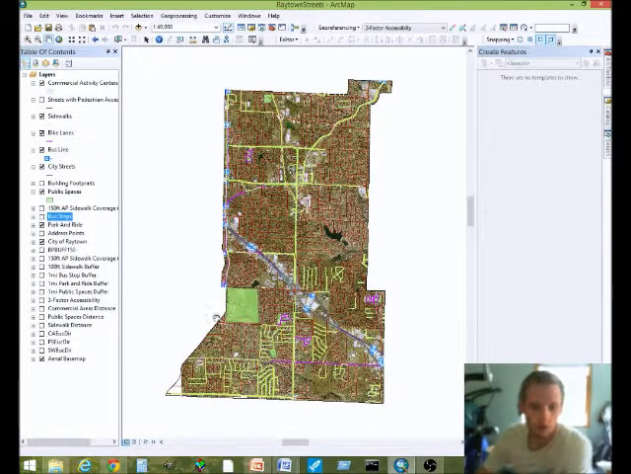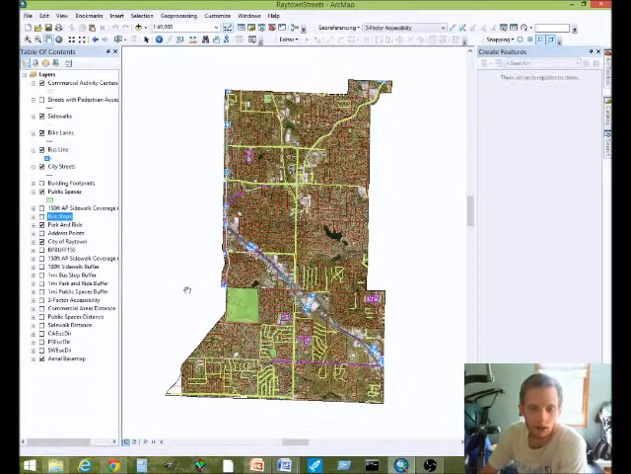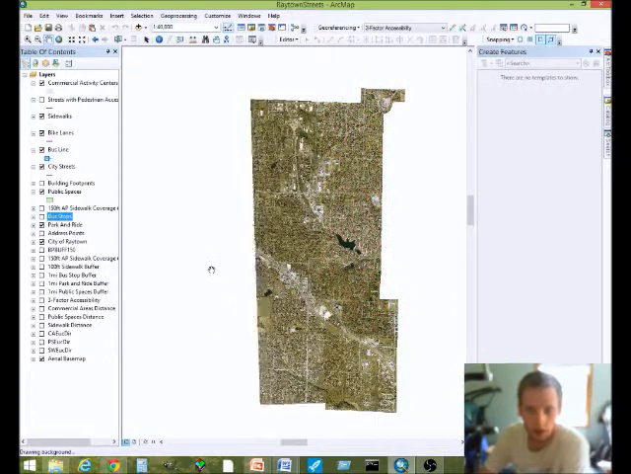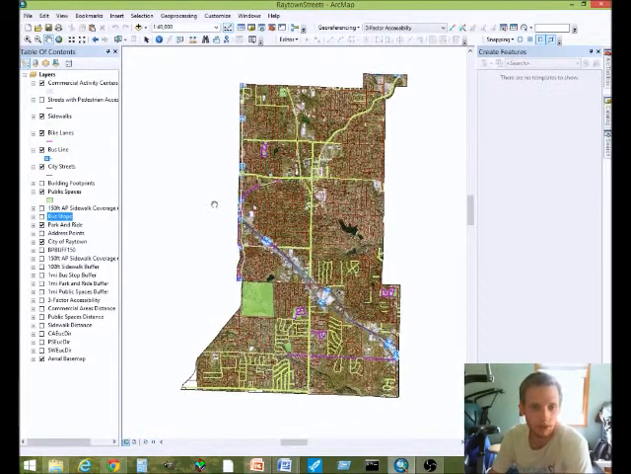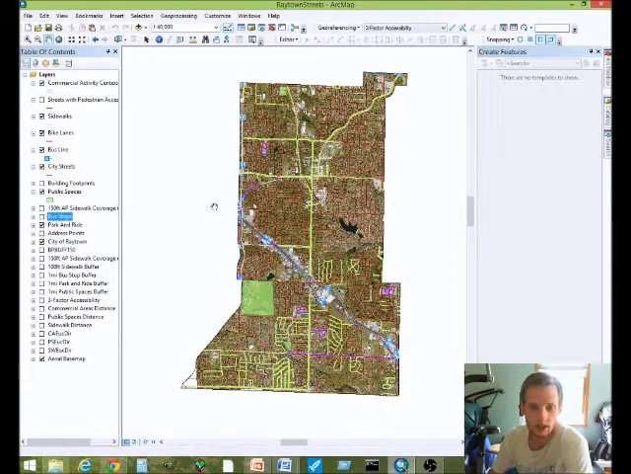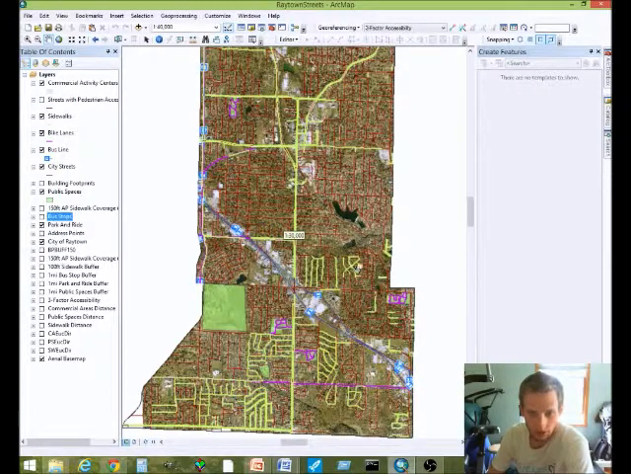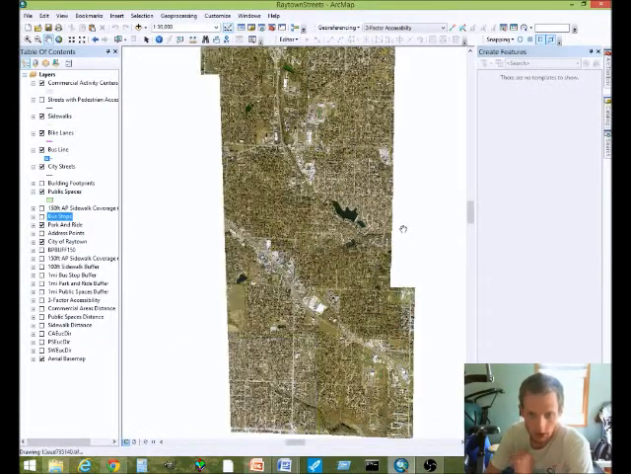So I just wanted to give you an update on the accessibility map I was working on for the city of Raytown, and this is a school project for a class in GIS I'm taking. And so what we're looking at here is